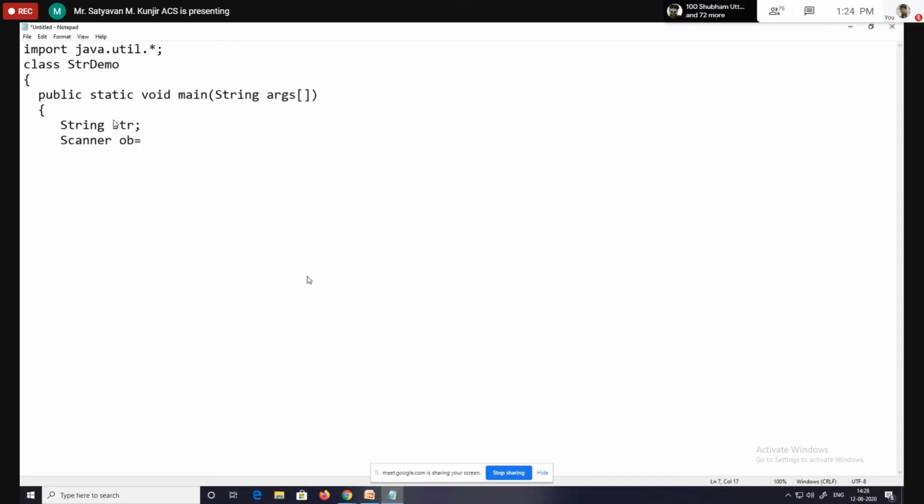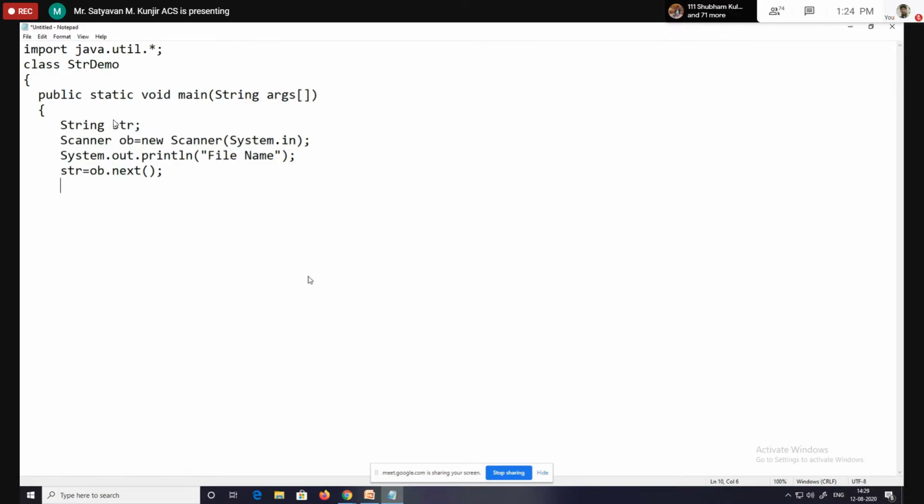Scanner ob equal to new Scanner, and default input stream. We have to pass the parameter and display the message system.out.println file name. Take that name in variable str, suppose str equal to ob.next. We are accepting file name in variable str.